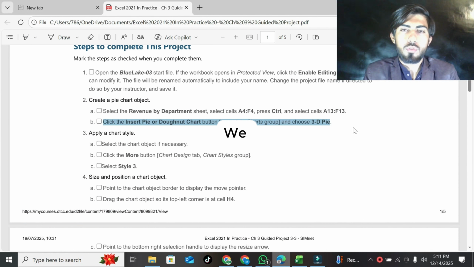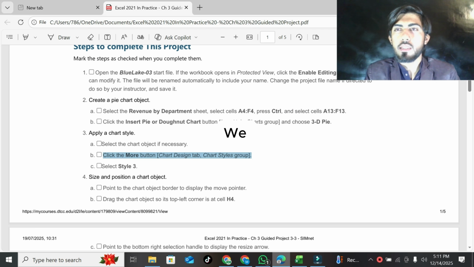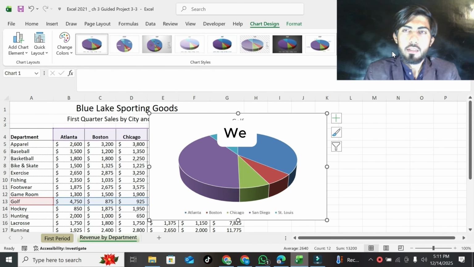Now I'm going to do question number 3. Question number 3 is apply a chart style. Part A is select the chart object if necessary. Part B is click the More button, Chart Design tab, Chart Styles group. So go to the Excel worksheet and click the More button.